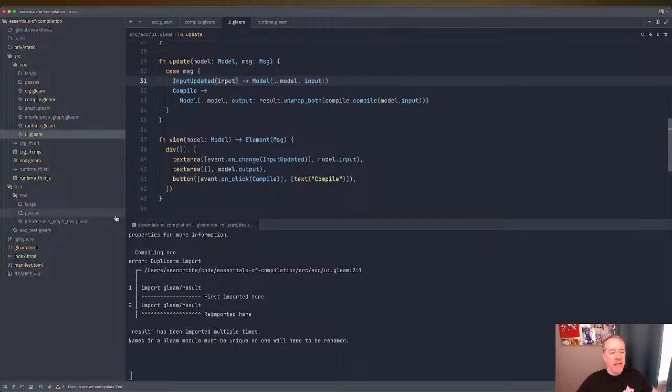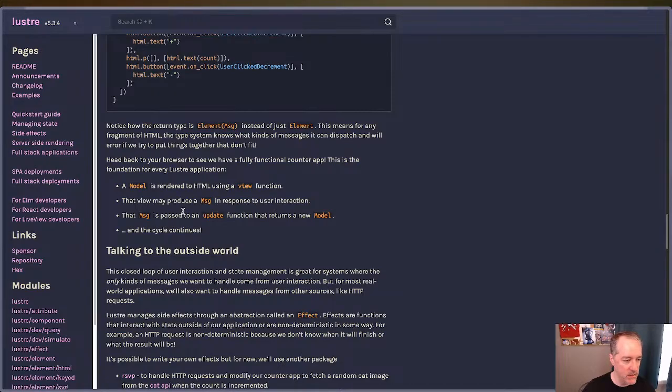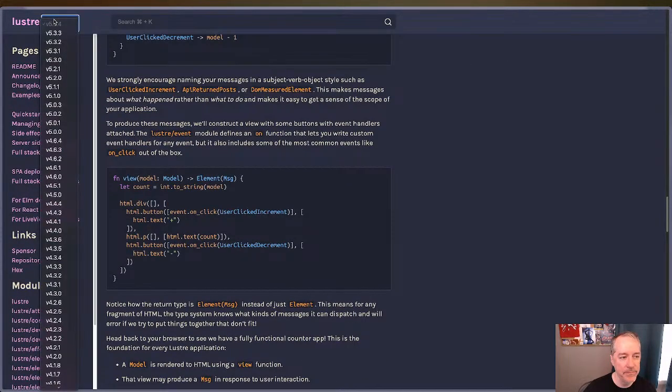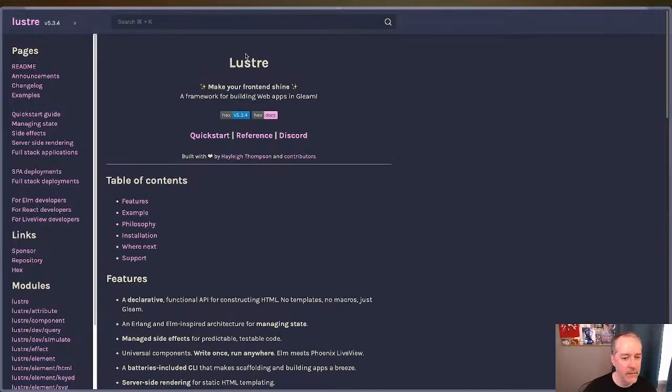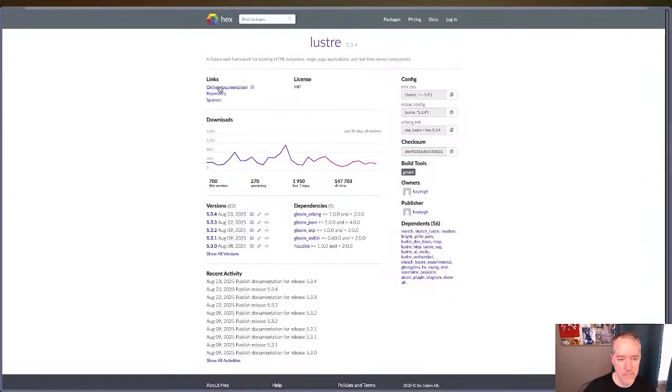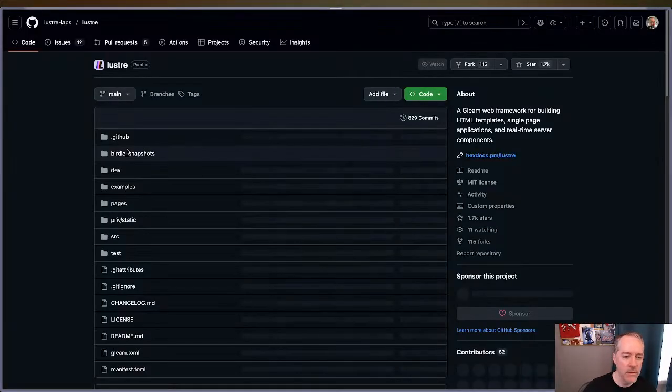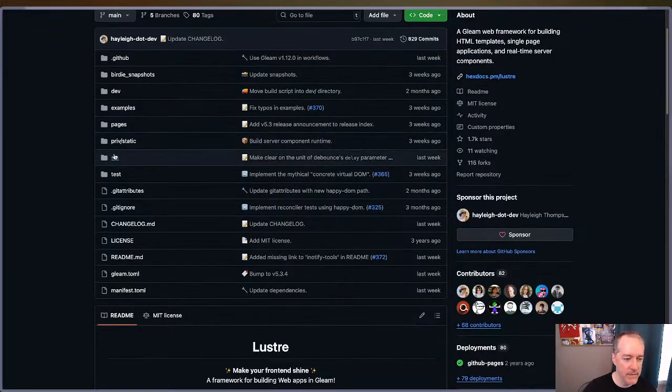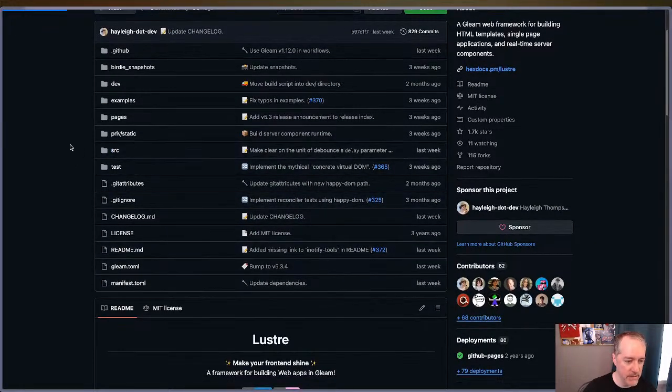But it's not clear to me how that works into the Gleam build tooling. So maybe let's go look at the Lustre repository, and I think that there's probably some stuff that